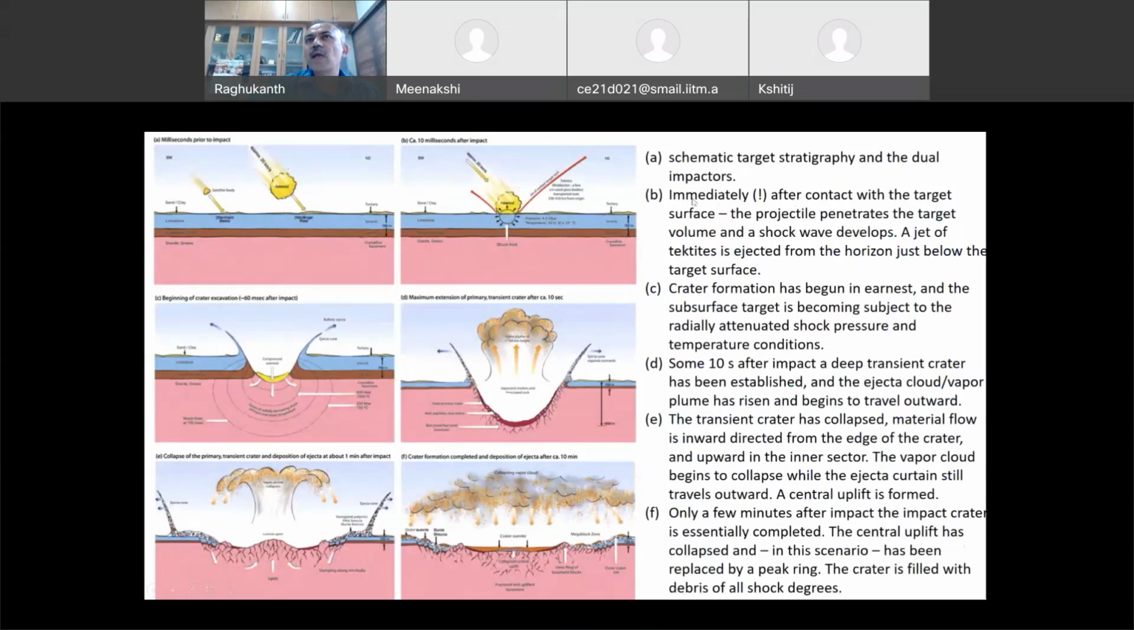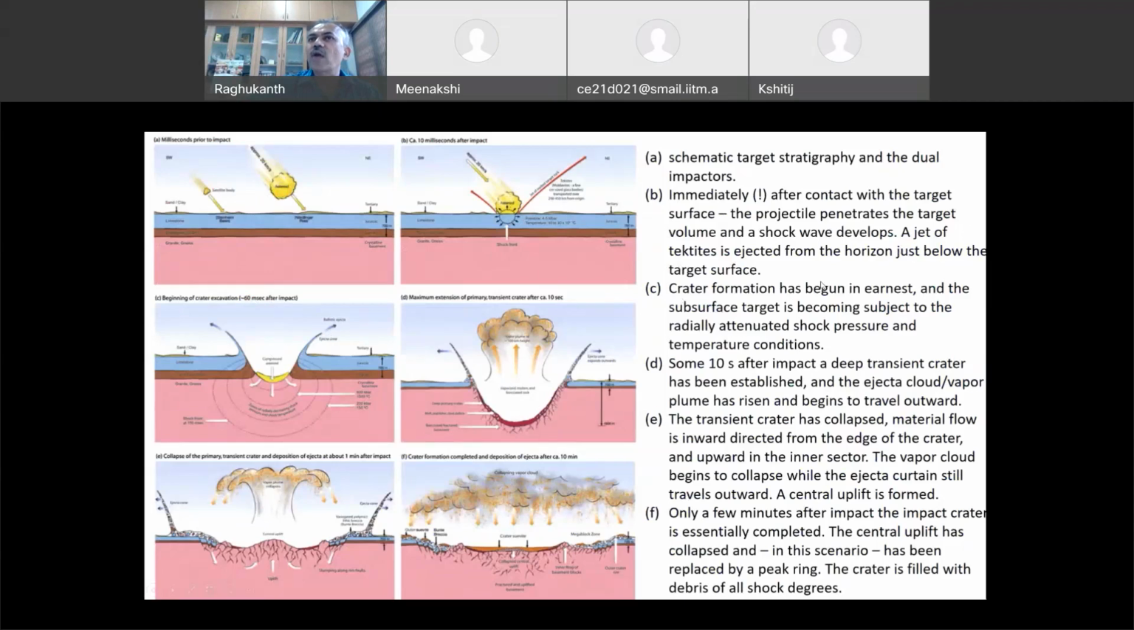Immediately after contact with the target surface, the projectile penetrates the target volume, and the shock wave develops because the velocity is 20 kilometers per second. It is faster than a bullet. It penetrates the material itself, and then you will see a shock wave here. A jet of tektites is there. Tektites, the highly shocked rocks, are ejected from the horizon just below the target surface. After this, about 60 milliseconds after impact, the crater starts